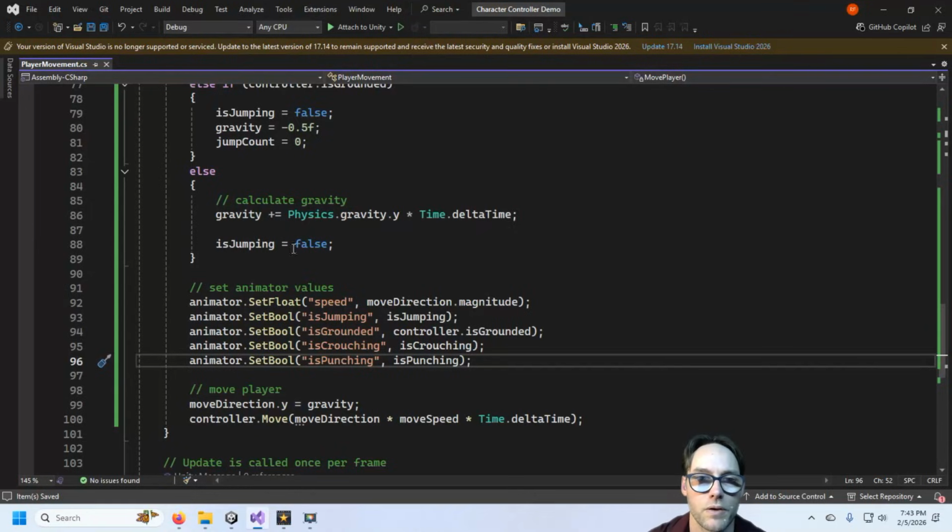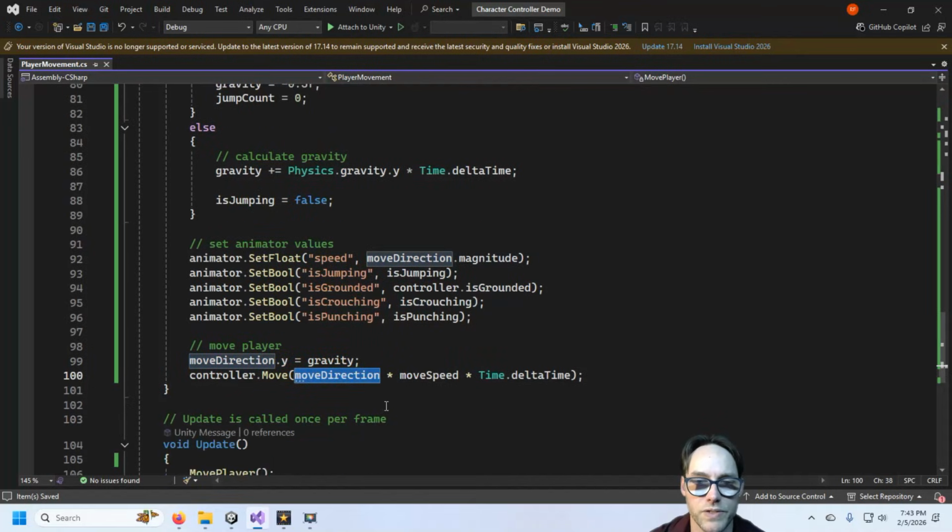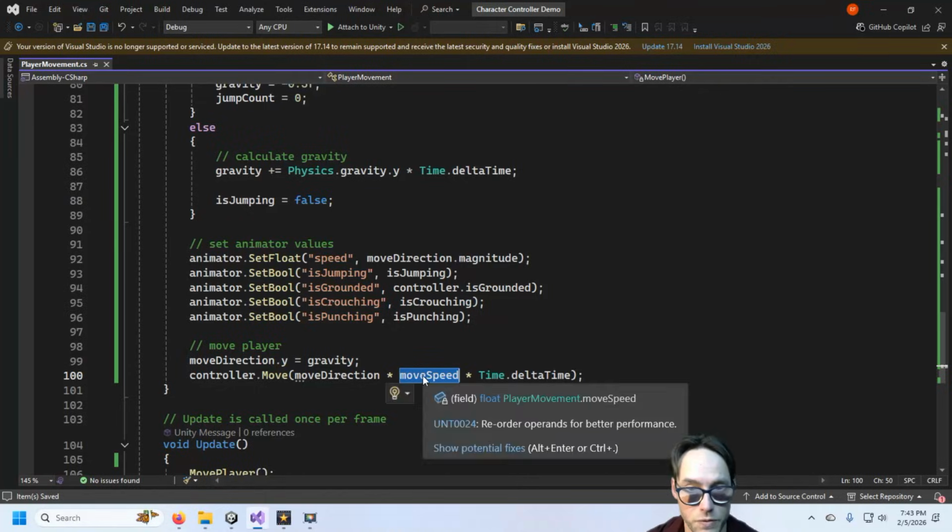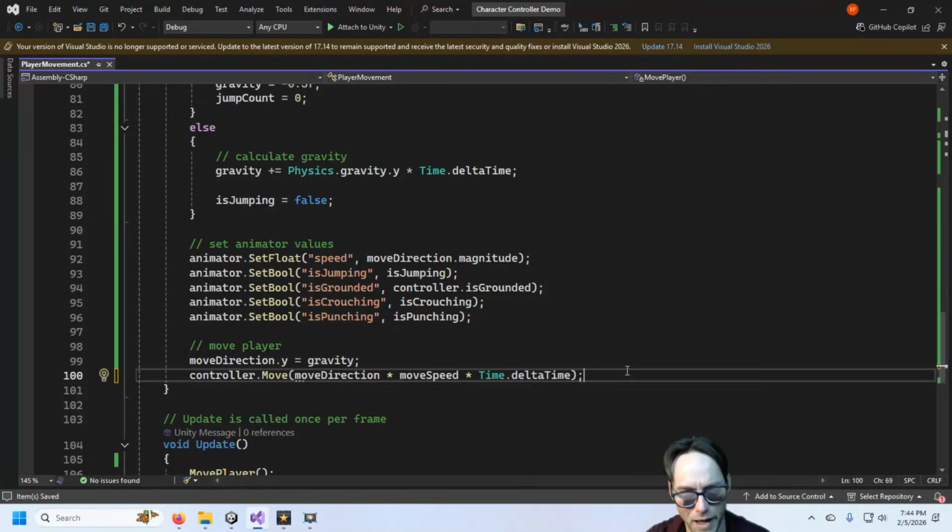So in here, we are basically storing our gravity value into a variable, and then we pass our variable back into our move direction Y, and then on our move section, when we actually move based on that direction value, we multiply by our move speed and our delta time. What that actually ends up meaning is that this value gets changed based on our default move speed. So if you were to look right at the math,